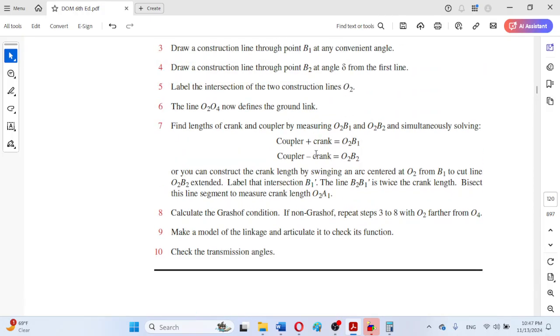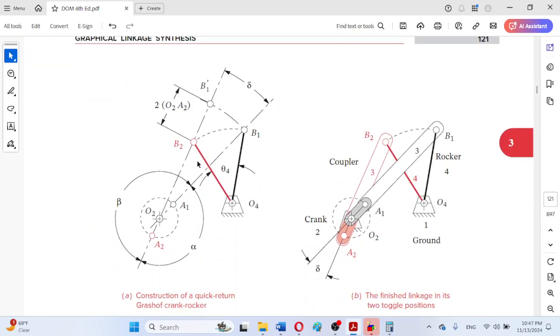So we will be measuring with the help of linear scale O2 B2 and O2 B1. So after that we will be writing these equations, means for example coupler if we denote it by small letter b and crank is denoted by usually small letter a, so b plus a will be equal to O2 B1, that will be measured, and b minus a will be, because actually in this position we can observe that